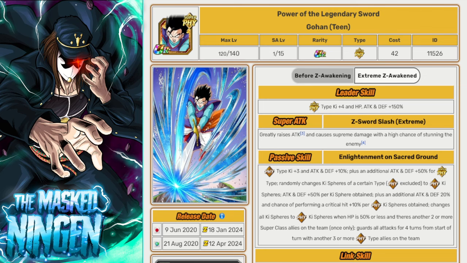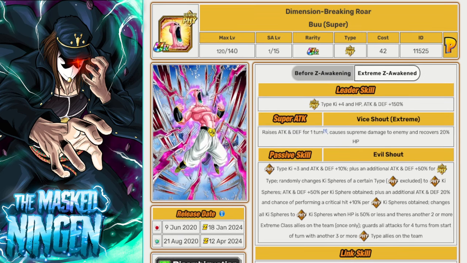And then when it comes to Boo, who is the extreme physical, he raises attack and defense for 1 turn, so he does have defense raise on super, and he recovers 20% HP, which can be a lot, right? If you're running teams now that have like over 700k HP, then obviously 20% of that is still giving you a very decent heal. It's like 140k HP he's healing you on super, and then if he gets an additional, it's another 140k HP,